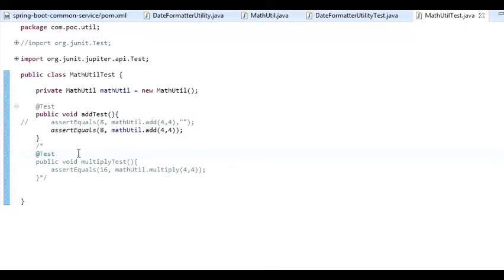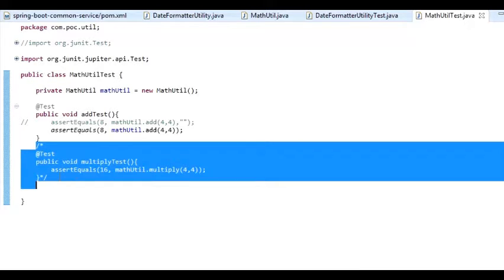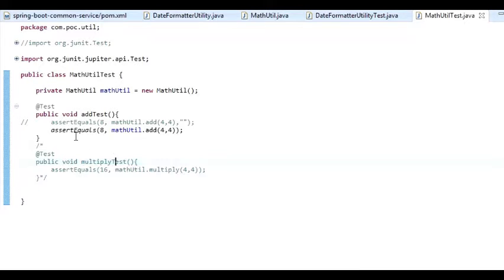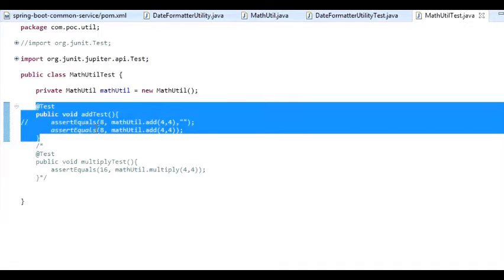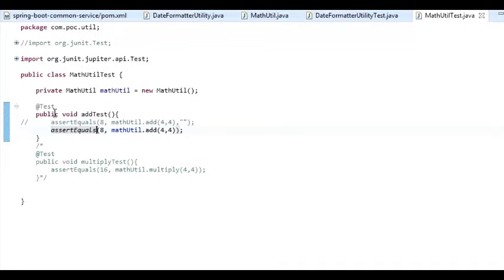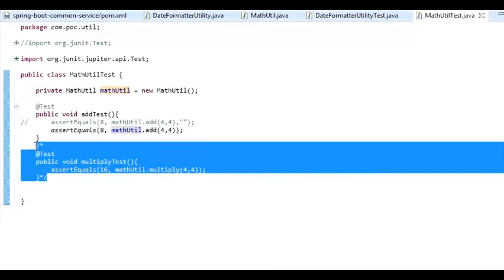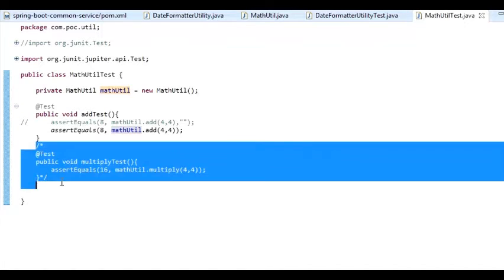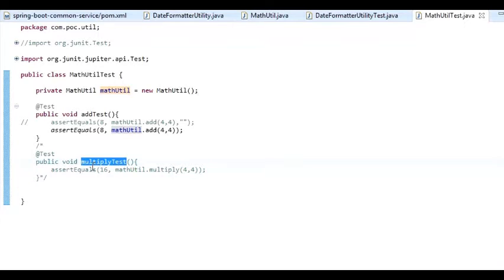This method will show red color, but for this particular method it will show green color, meaning this method is covered while exercising this JUnit test case, but this method is not yet covered because I put it in comment mode. So the Jacoco report will say this particular method has not been covered during the test phase.